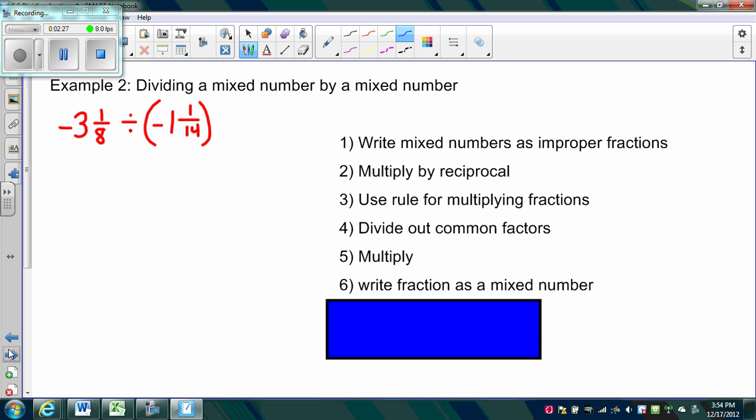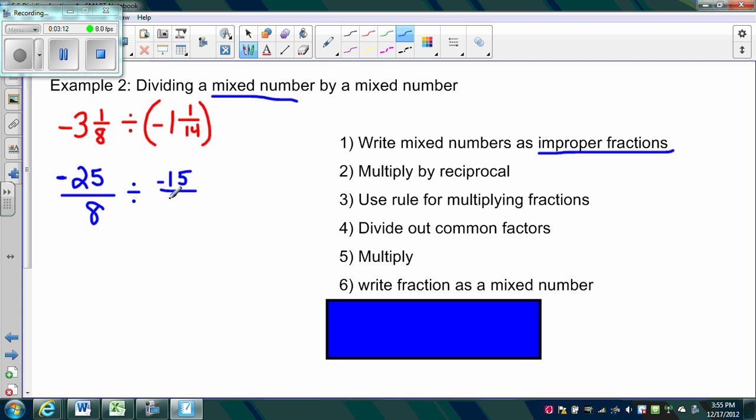The next example, you could have guessed it, what if we have a mixed number? Well, we always write the mixed number as improper fractions first. That's the first thing we do. So 3 times 8 is 24, plus 1 is 25. We just put the negative on top, so treat it as if there was no negative sign in front, and then assign it to the numerator. If you try to multiply by -3 and then add 1, you're going to get the wrong answer. So just treat it as if it were just 3 and 1/8. Figure out the improper fraction and keep the negative. Divided by 1 times 14 plus 1 is